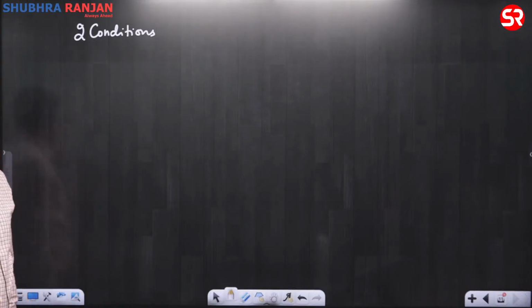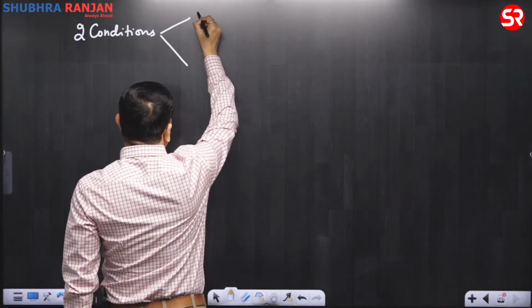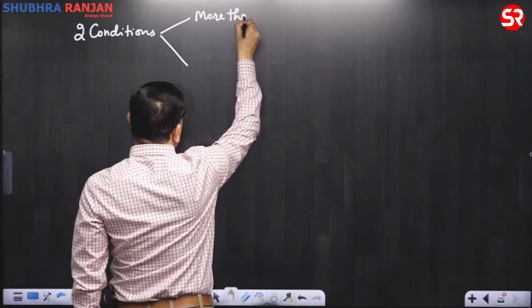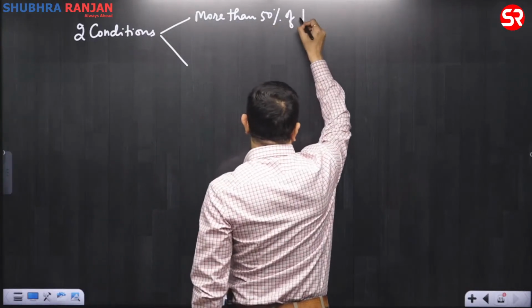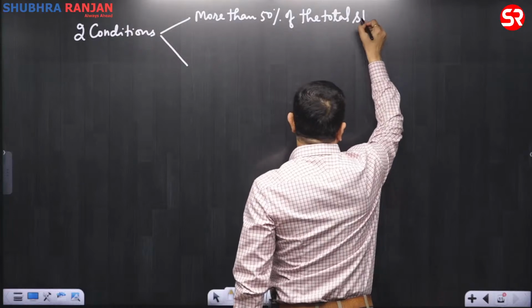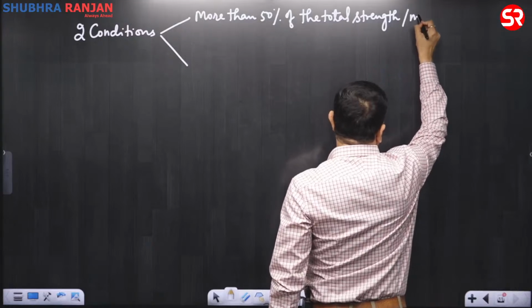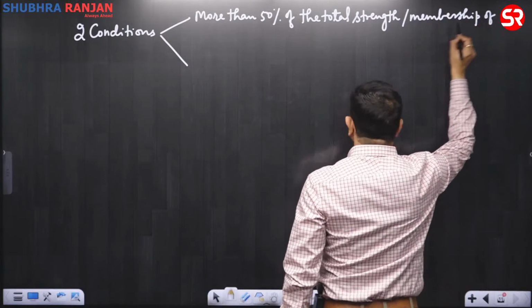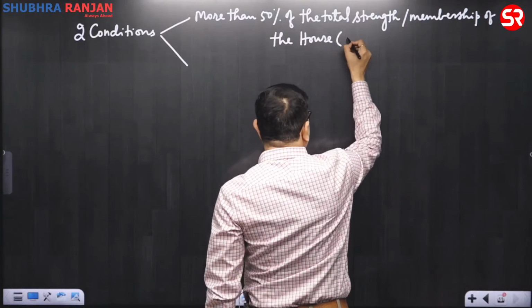First, more than 50% of the total strength or membership of the house, that is, absolute majority,